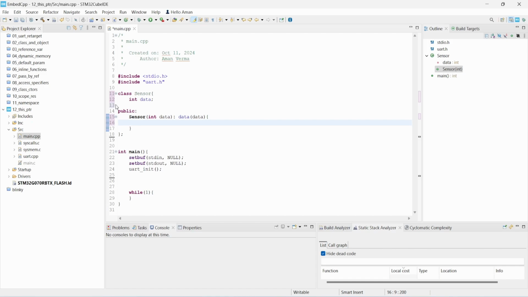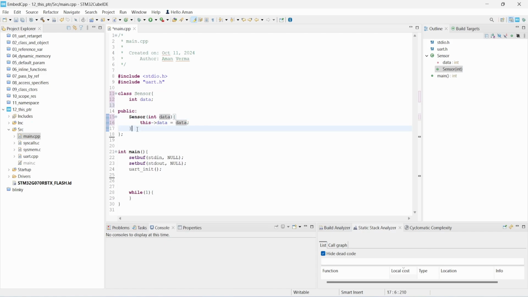And now we have the data, and what we can do here is assign it. I have given the initializer over here. So to set the data, we assign the data to data, but the compiler needs to know which data is this one and which is our private member. So to detect that, we use the this pointer, so that the object instance is known. So this points to the data, and this is the data that we are passing into